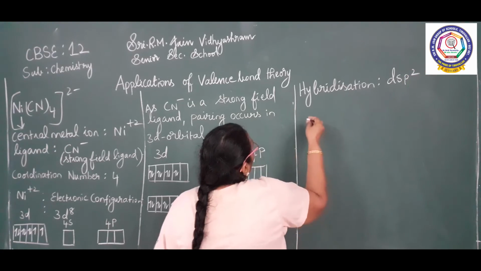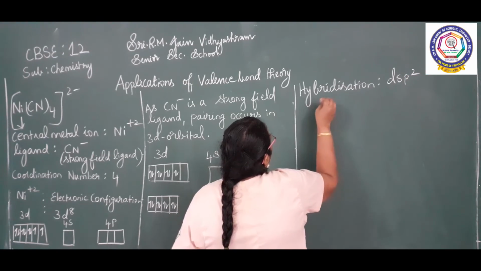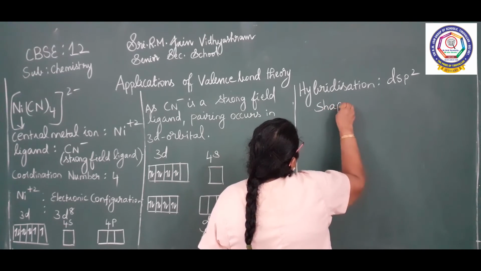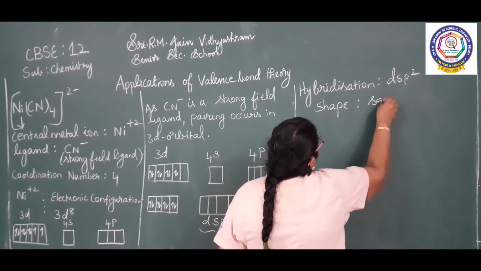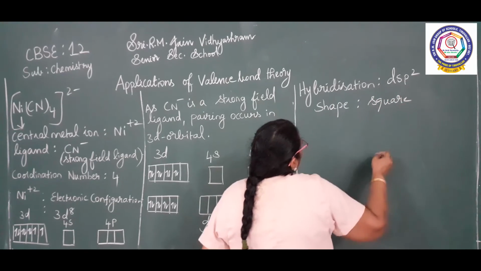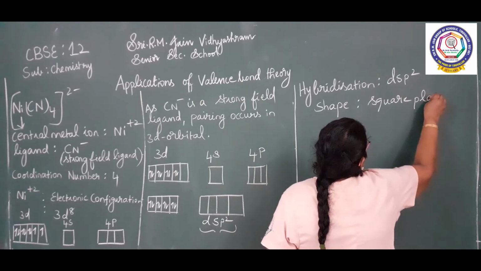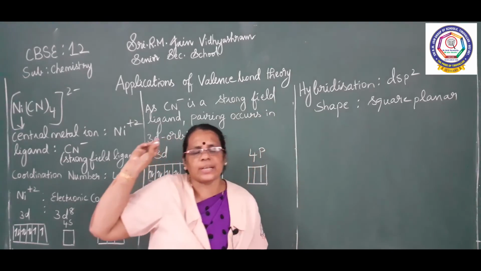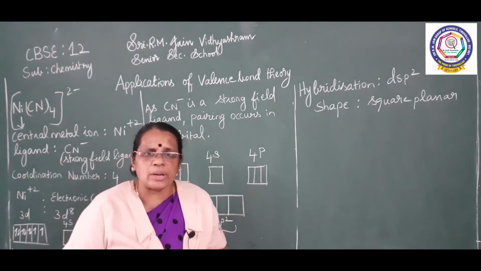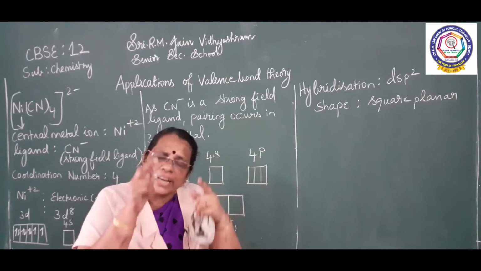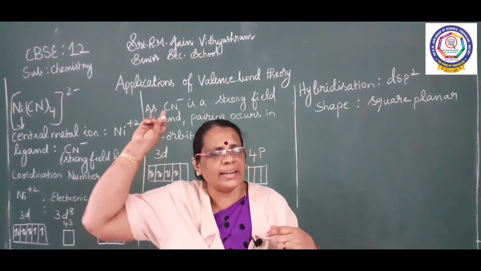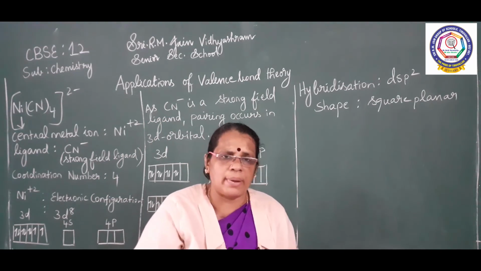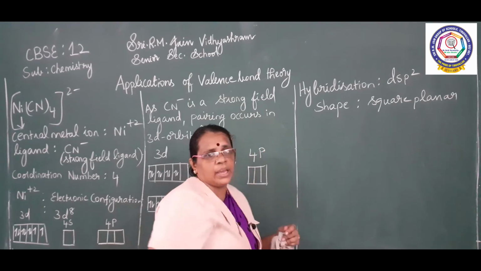When you talk about the coordination number, already I discussed, it is 4. The shape of the complex will be square planar. See the hybridization dsp2. So the shape is square planar even though the coordination number is 4. In the previous complex, sp3, it is tetrahedral where the coordination number is 4. Here in this complex also the coordination number is 4, but see the ligand: there it is a weak field ligand, here it is a strong field ligand. So I am getting dsp2 hybridization, and the shape will be square planar.